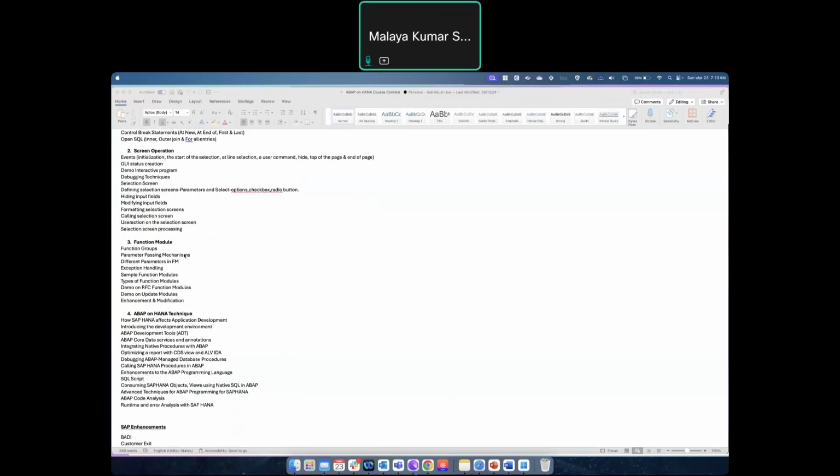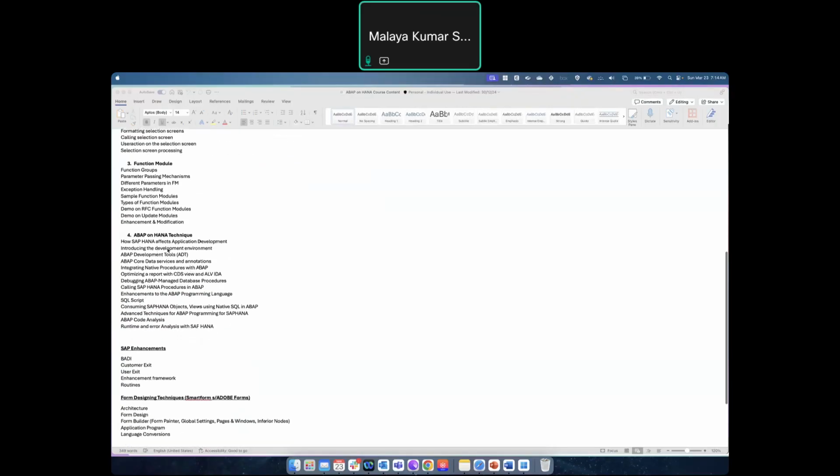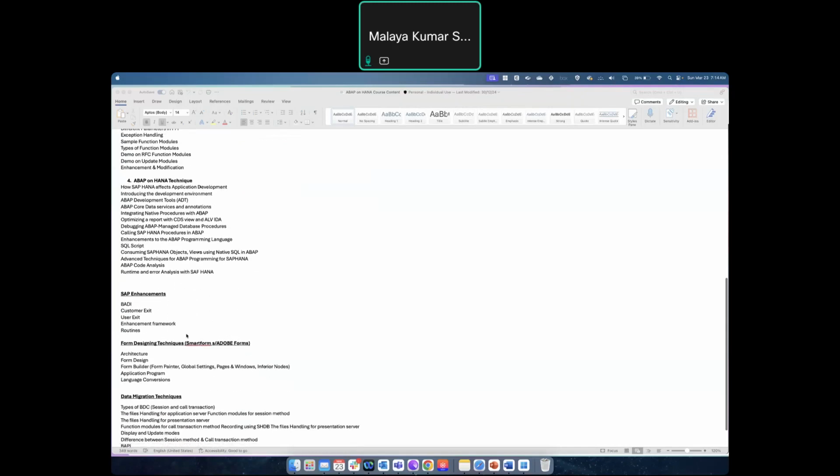Then your function modules. These are some modularization techniques available in SAP. It's again a programming technique, and I'll tell you about it in the real class. Additionally, we have the ABAP on HANA technique. ABAP on HANA is more efficient, like on top of your R3, so we will understand that here. That also has a slightly different technique in coding, so we will understand the difference between ABAP coding and ABAP on HANA coding.